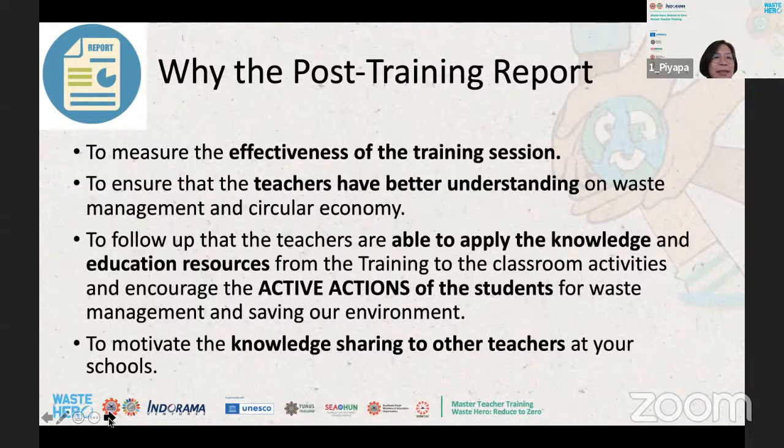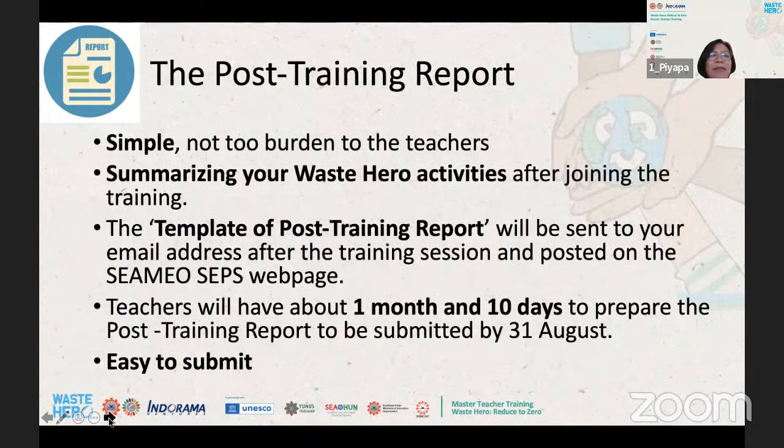We have designed the post-training report to be very simple, because we do not want to burden the teachers any more, and we don't want a long written report. We want a very short one, which is a summary of your Waste Hero classroom activities that you implement after the training.